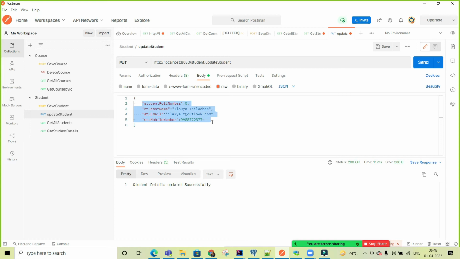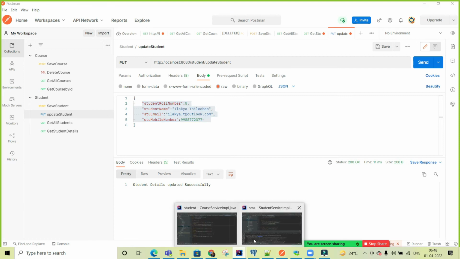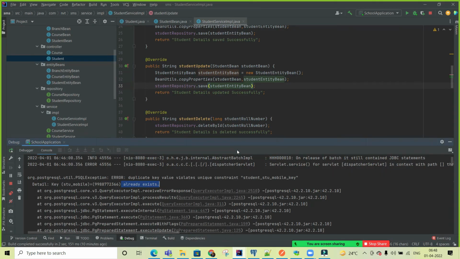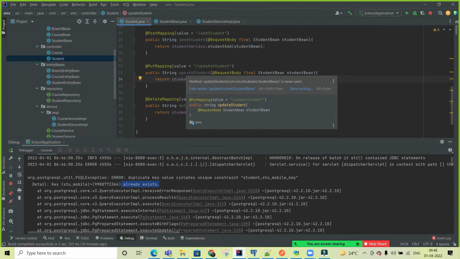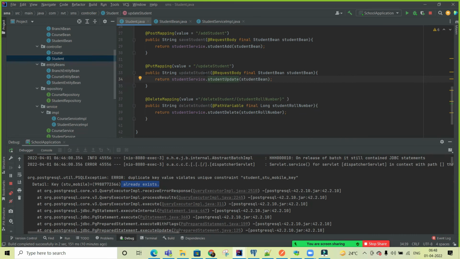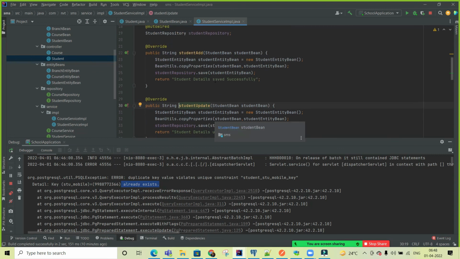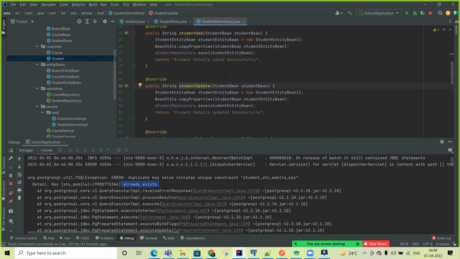Basically that method only does the save method inside. It doesn't matter which method you are using. Let me explain. If I show the student, think about that: there are two methods, one is update and one is add. If you open either method, both have the same implementation. The method we are calling is responsible: if data exists, the data is updated; if data doesn't exist, it inserts the new record.